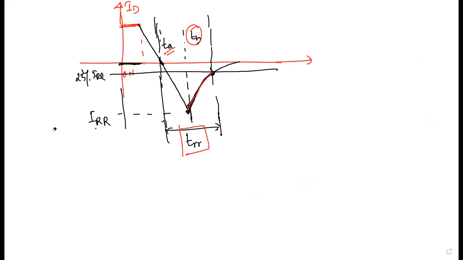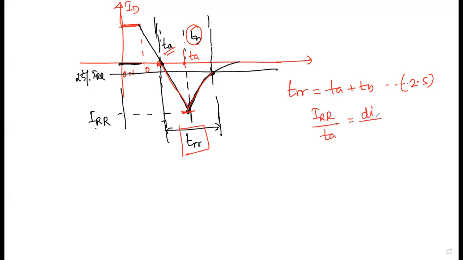derive some of the equations now. So number one equation will be TRR equals TA plus TB. So this is equation number 2.5. Now, do you know what this one is? This is the slope. How do you find out the slope? Suppose you are counting the time 0 here, and this is your TA time, and this is the IRR. So we can write IRR by TA